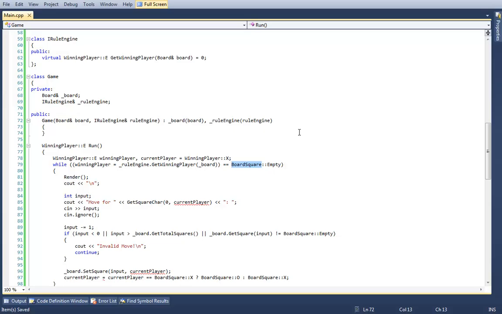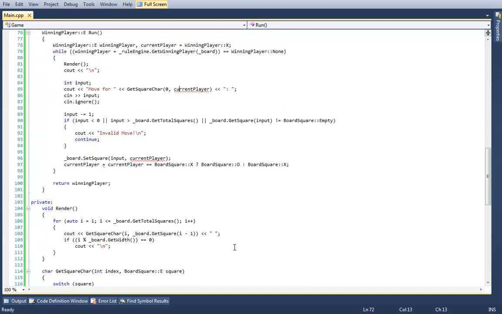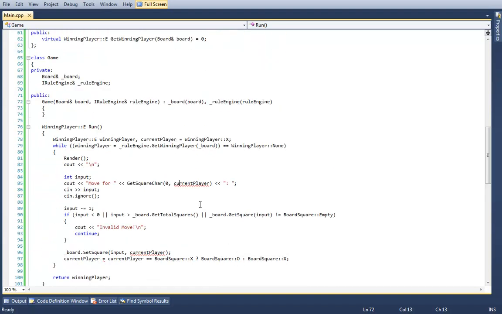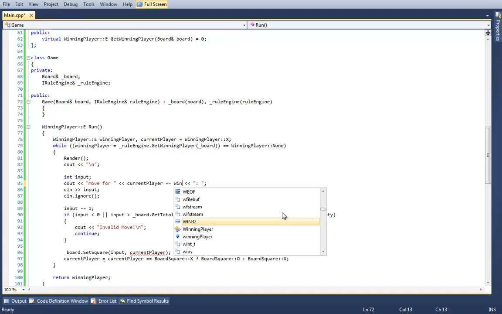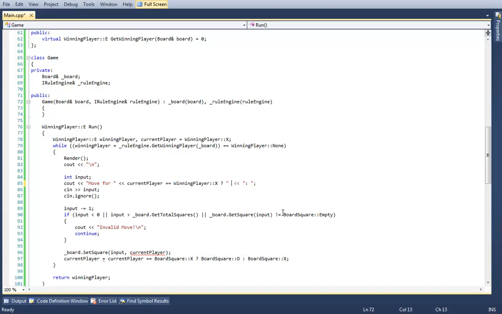While it equals winning player none, continue to do stuff. The get square character will actually change into a small little ternary: current player equals winning player X, X, or O. And of course, because of order of operations, we have to surround that in parentheses.